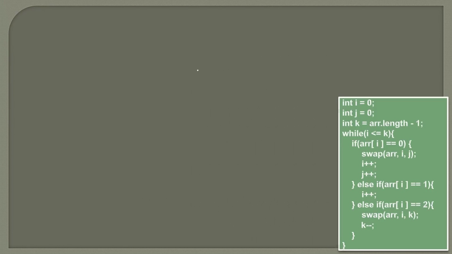So friends, here you can see that this is the piece of code which actually does the sorting in O of n time. Here we have one while loop which does all the trick. In this video, in order to demonstrate at a high level how this algorithm works, I have just mentioned the code here. In our next video, we will see the demonstration of this code step by step. So let's see at a high level how this algorithm will work.